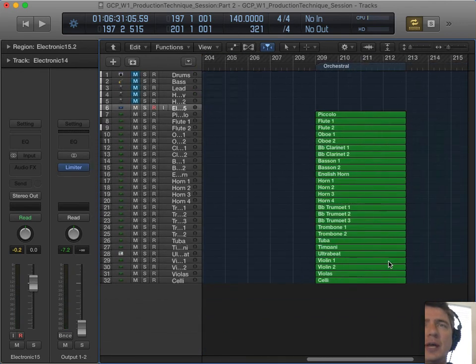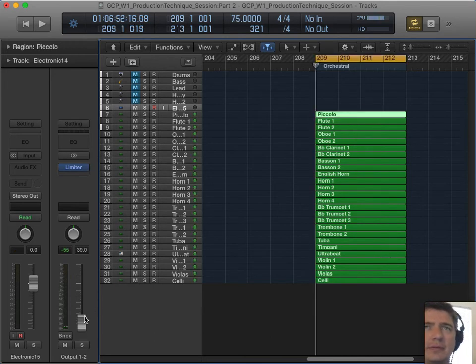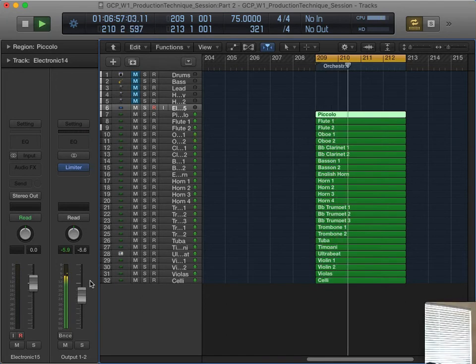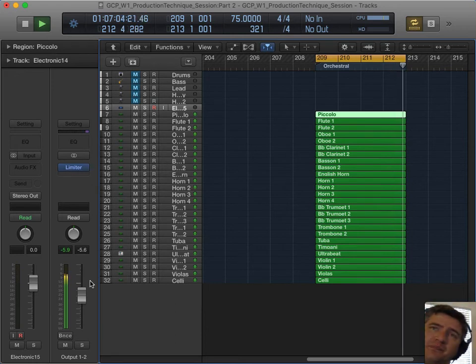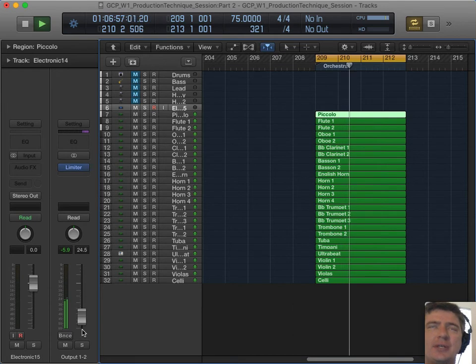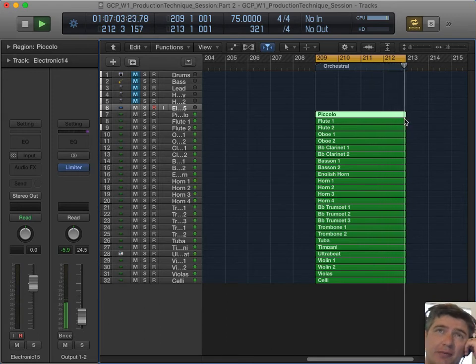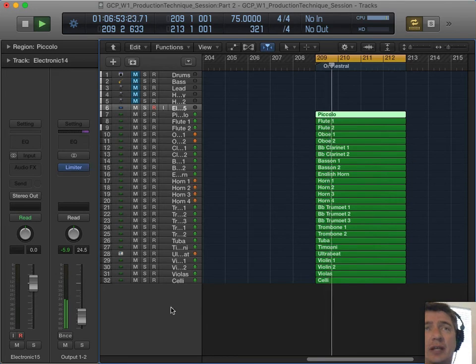There's also an orchestral loop over here. Let's see if this will play. And so a passage like this would have an issue also, because there'd be instrument decay, some reverb tail, all this stuff that would lay over that last little bar.